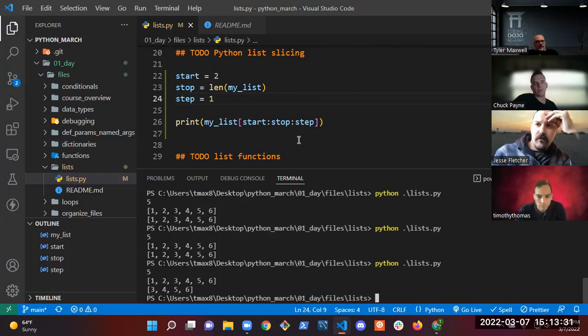Okay. If I don't want, and let me just add this. So this is inclusive, and this is exclusive, which means if I give it the index of 2, it's going to include that index as the start. So when I say 2, it takes the 3, right? It takes that item at that index. If I were to change this from length,